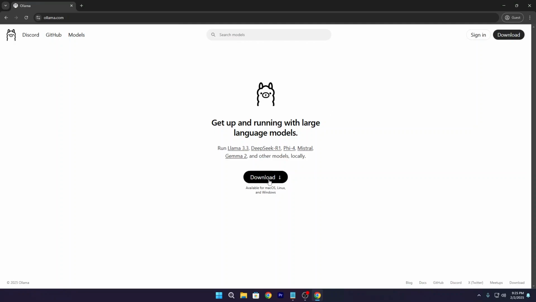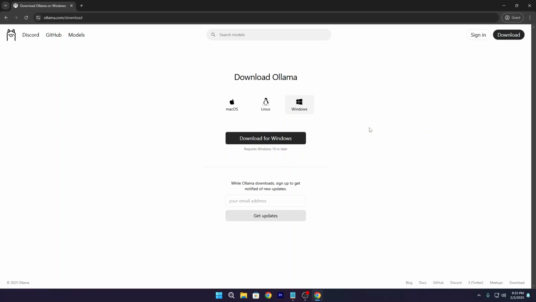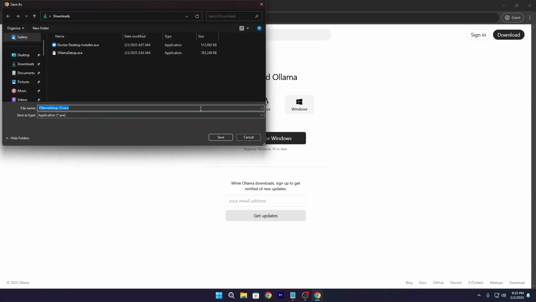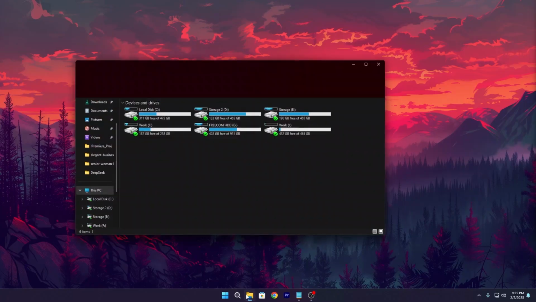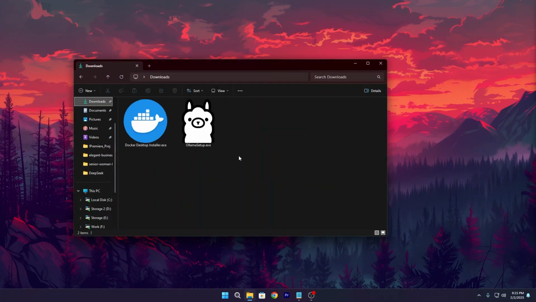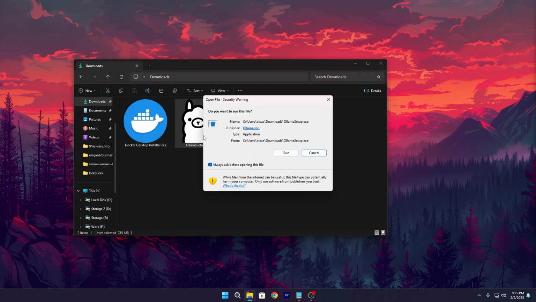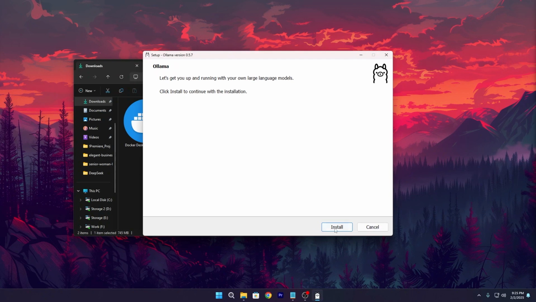To get started with it, we just have to click on download, and we're doing this on Windows, so we'll just download for Windows. And I have it downloaded, as you can see right here. It's a 700 megabyte file, so it may take a while depending on your internet connection. Open up the directory where it's downloaded. As you can see, it's a cute llama, and I'll just double click on it to run and hit